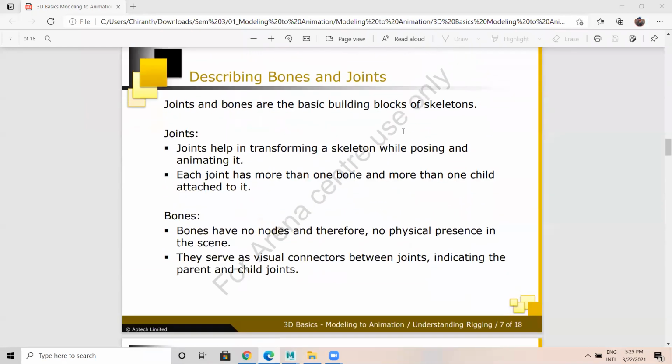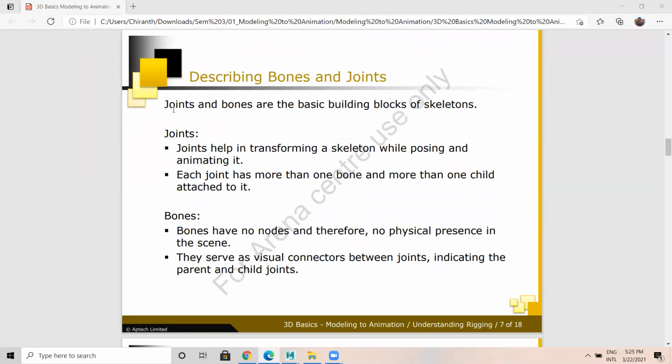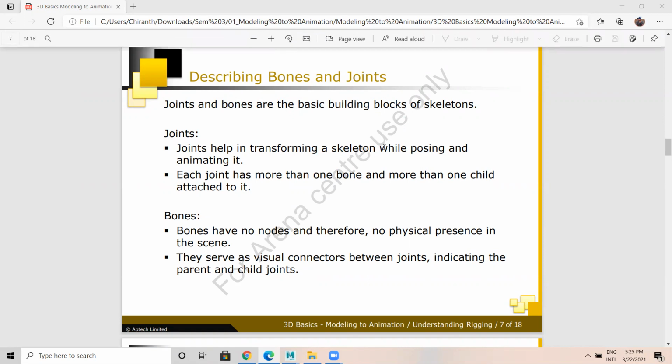Now let's discuss bones and joints. Joints and bones are the basic building blocks of skeletons. Joints help in transforming a skeleton while posing and animating it. Each joint has more than one bone and more than one child attached to it.